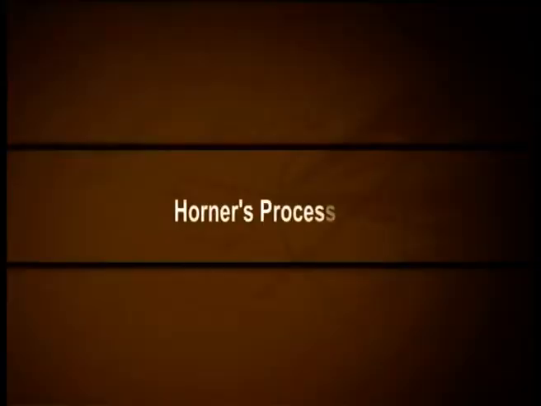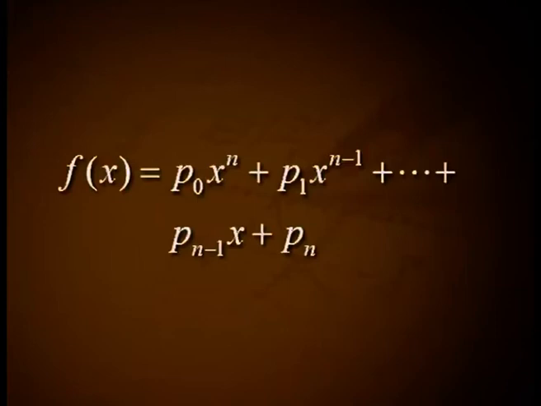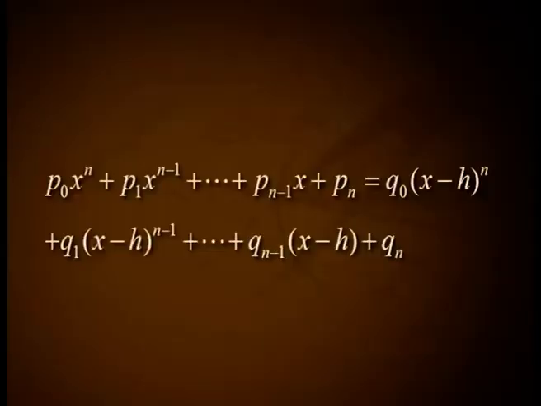Horner's process. Let f(x) = p0 x^n + p1 x^(n-1) + etcetera + p(n-1) x + pn. Put x = y + h and suppose that f(x) then becomes the polynomial q0 y^n + q1 y^(n-1) + etcetera + q(n-1) y + qn. Now, y = x - h, and hence we have the identity